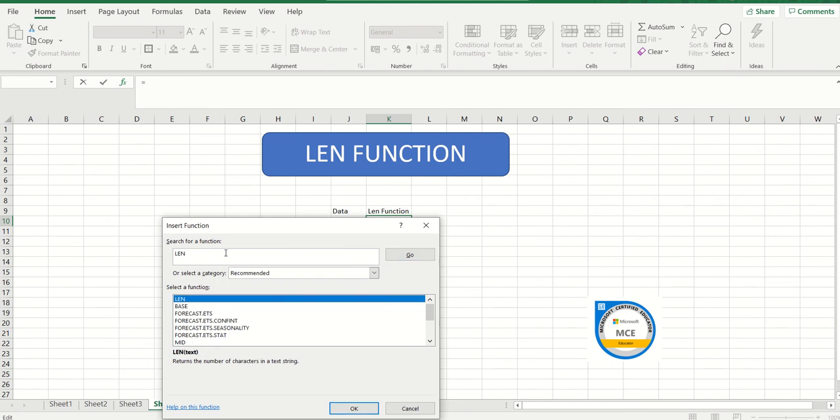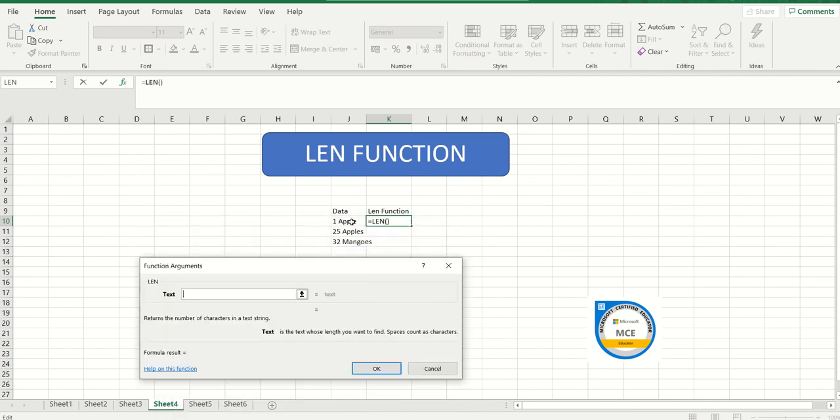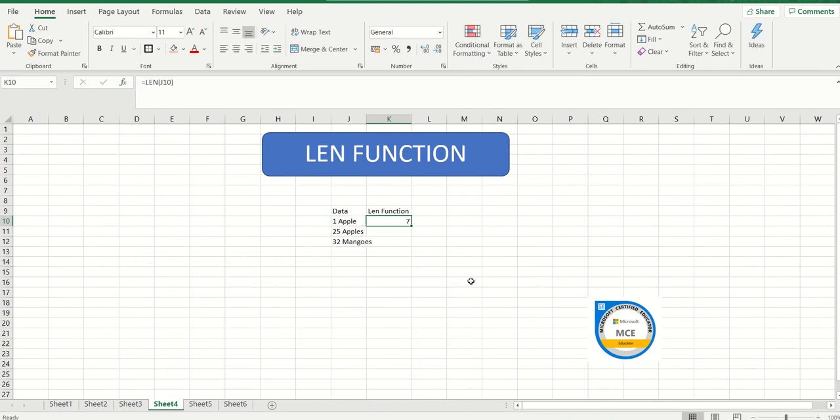You can also type the command straight away. So it is len, select okay, and then select this text. I'm going to select this cell only because I need to know the number of characters, and I'll click OK or hit enter from the keyboard.